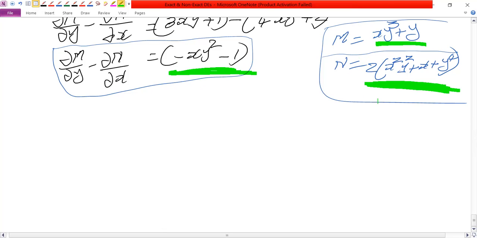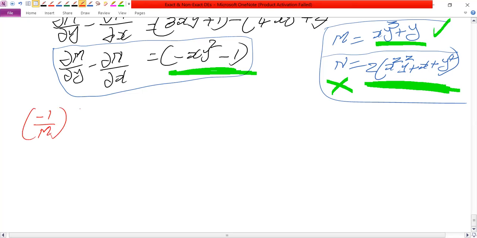So we cannot cancel the 2 terms function with the 3 terms function. So we cannot take n. So there may be a chance of m only. So that I'm writing here, multiplying with the minus 1 by m. So what is according to our procedure, minus 1 by m into